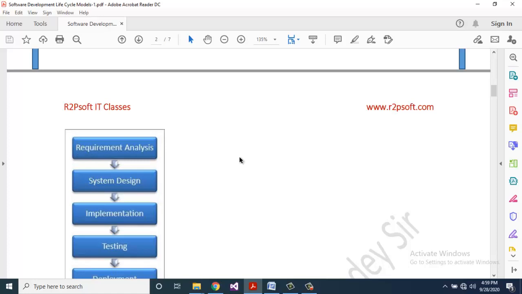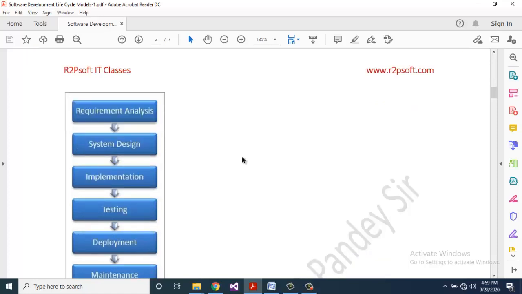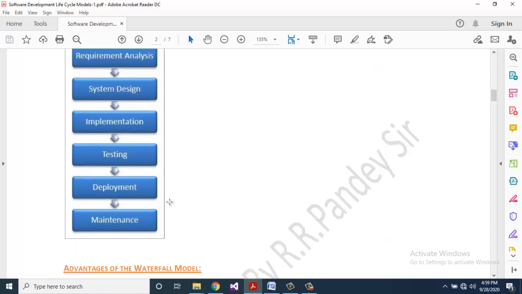You can see the pictorial form: requirement analysis, system design, implementation, testing, deployment, and then maintenance.